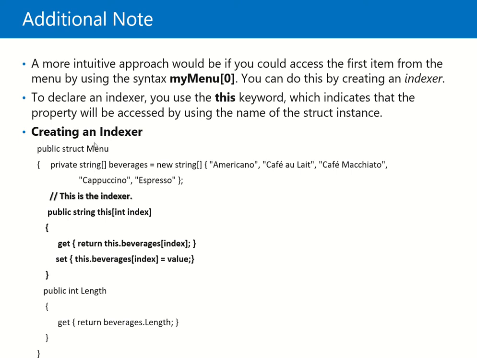By default currently this is a structure, so in this case menu 0 is equal to Americano. Menu 1 is cafe au lait, menu 2 is cafe macchiato, because you actually assign